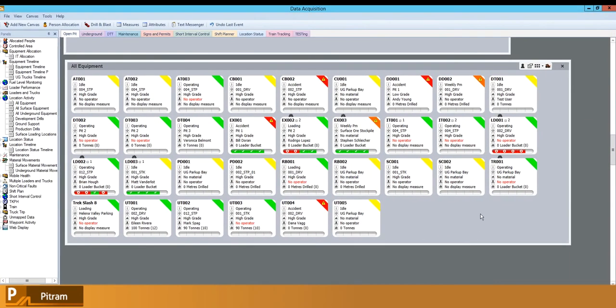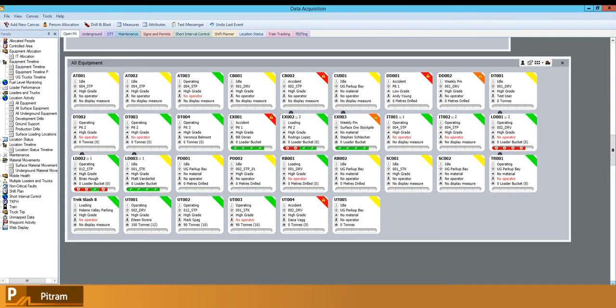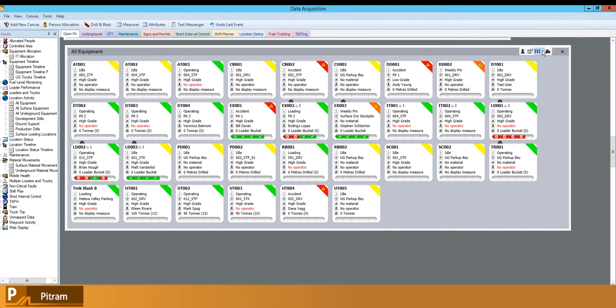This is just a follow-up video following on from the location activity panel video that was just completed. There are actually some further configuration options within that location activity panel. I've just set up this all equipment panel to show all the equipment at my mine, and right now we're on what's called a details view,